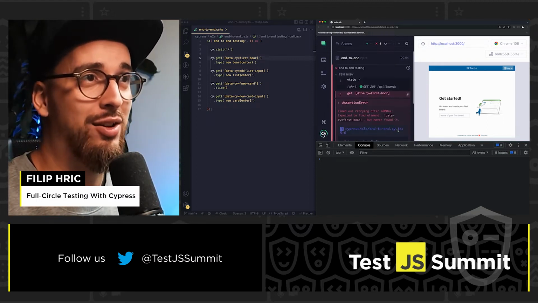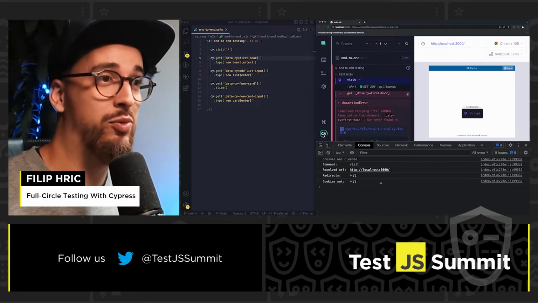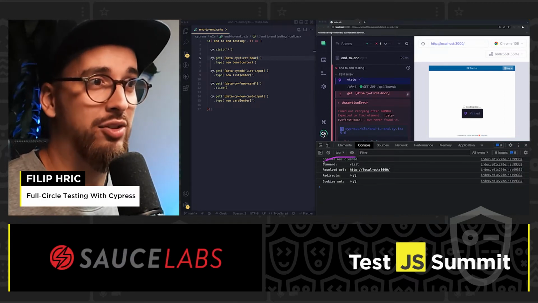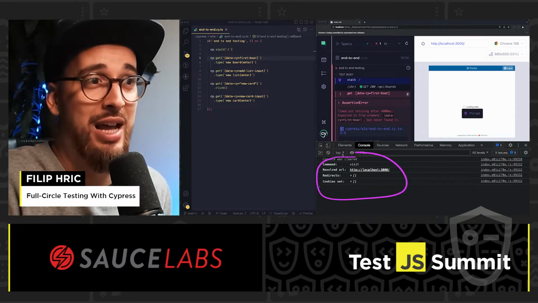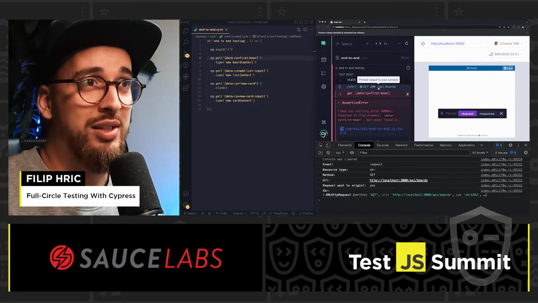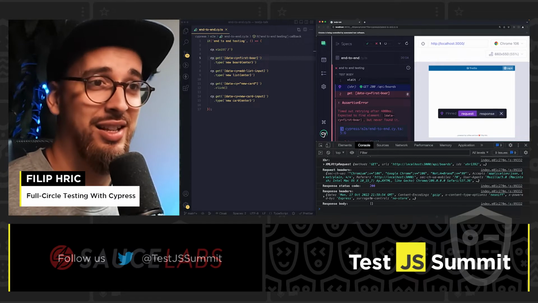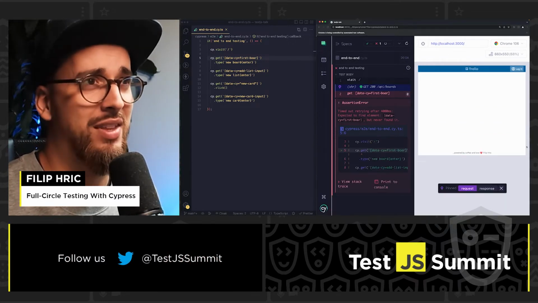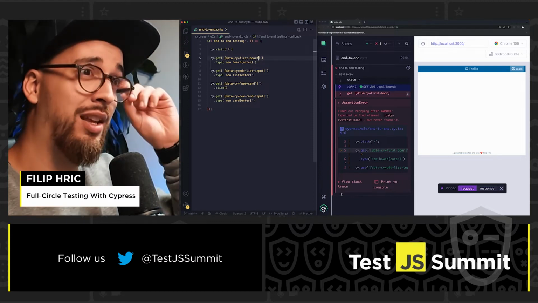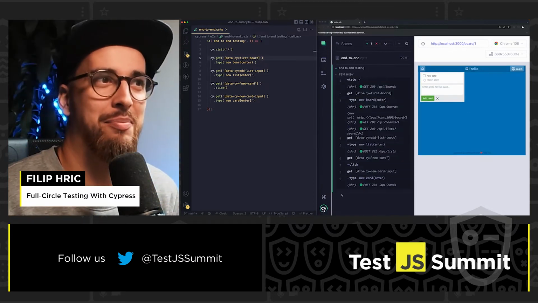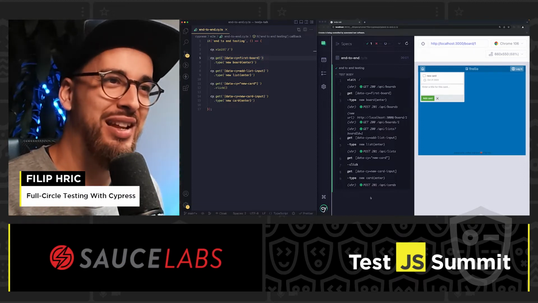So when I click on any of my commands, for example, this visit command, Cypress will print out information into the console with the details of that command. It will also print out information for every HTTP request that is being done with the application. So let's maybe fix the test, save it to make it pass,